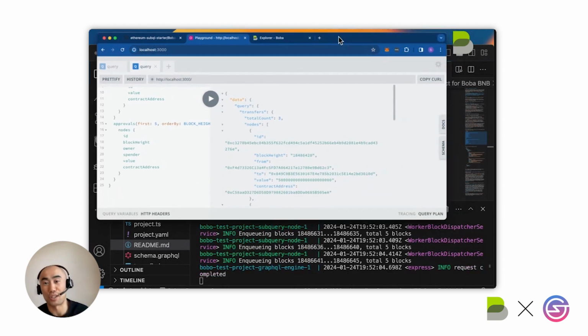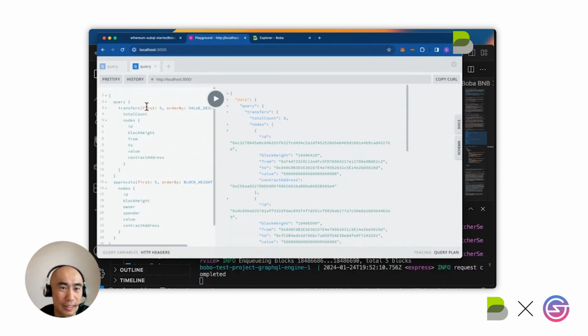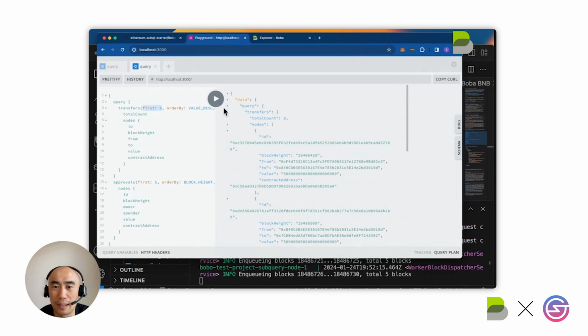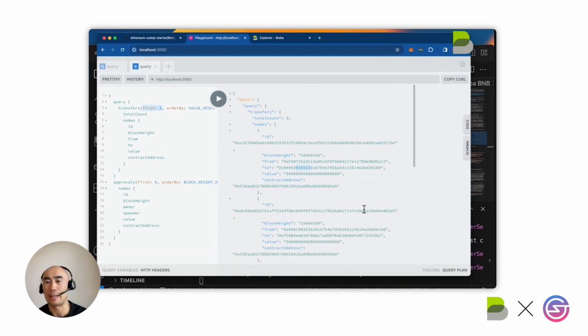This is live, real time, so I'm pretty glad that it worked. You'll notice that I'm just querying for the first 5, right? And you can see I've got the ID, the block height, the from address, to address, and the value being sent. So that's pretty much it in a nutshell.